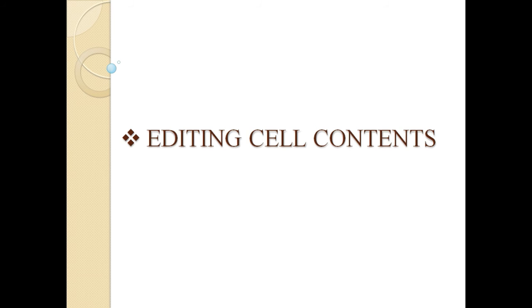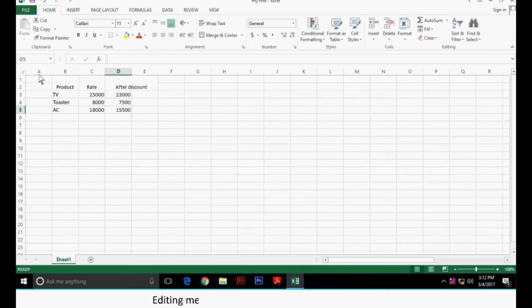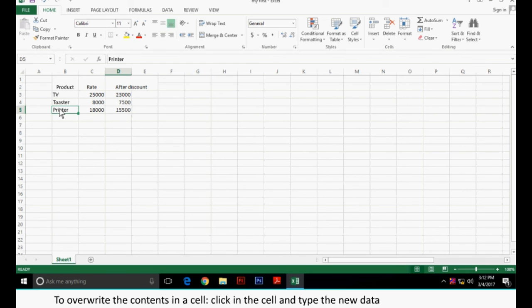Editing cell contents. Editing means overwriting or modifying cell contents. Let us learn to edit the contents of a worksheet. To overwrite the contents in a cell, click in the cell and type the new data and press the Enter